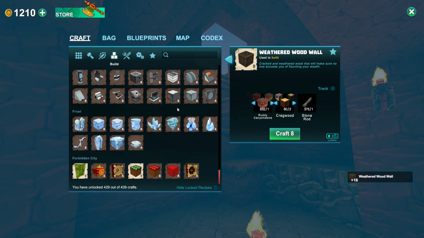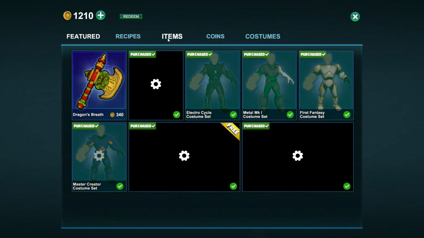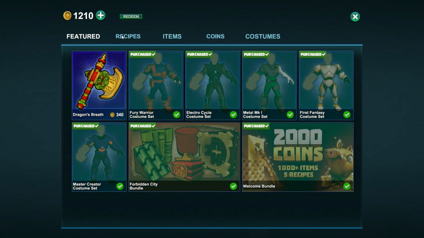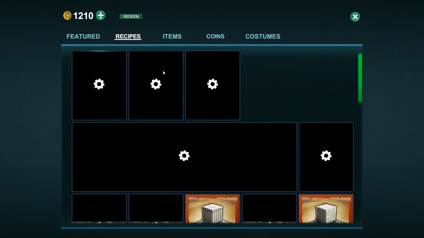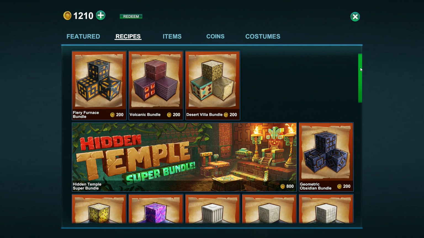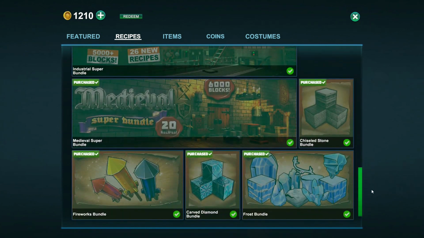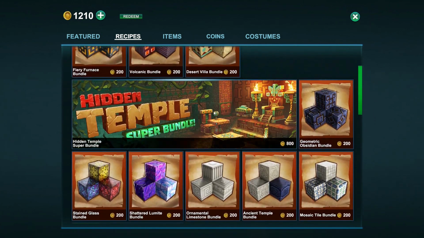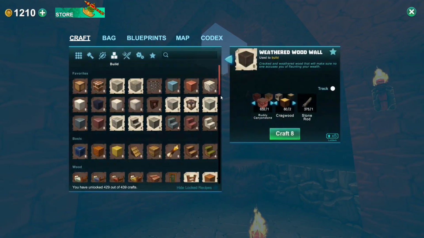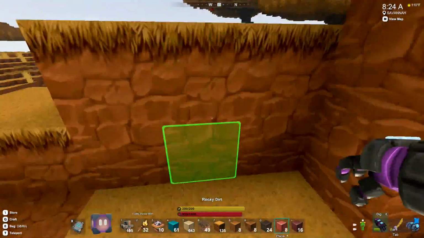The other one quite a few people mentioned, I do not actually have. It was one of these premium block sets. I actually don't have all the premium block sets. A lot of them drive me crazy. I didn't realize there was a Desert Villa bundle. I don't really like any of those blocks. But the other one people were talking about is the Hidden Temple. I just scrolled right past it because they got a bit of brown in them. But anywho,